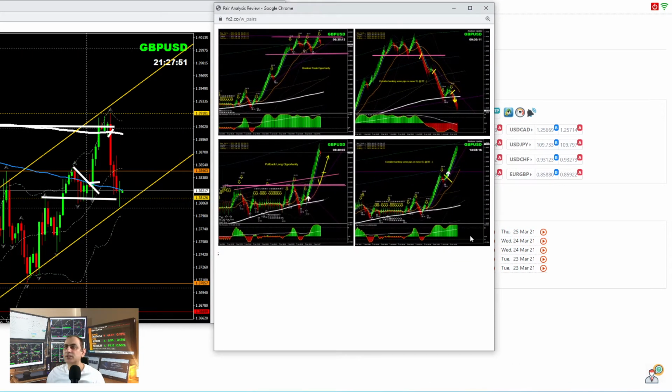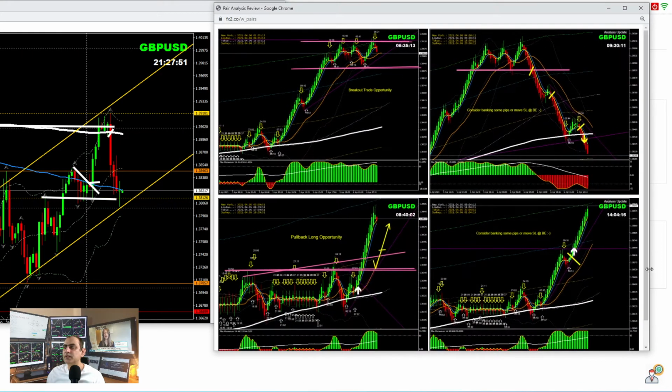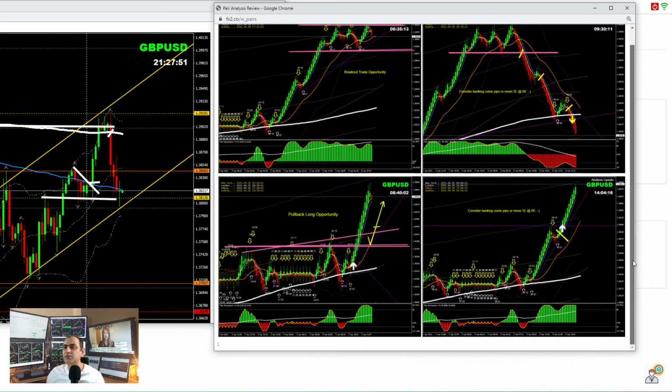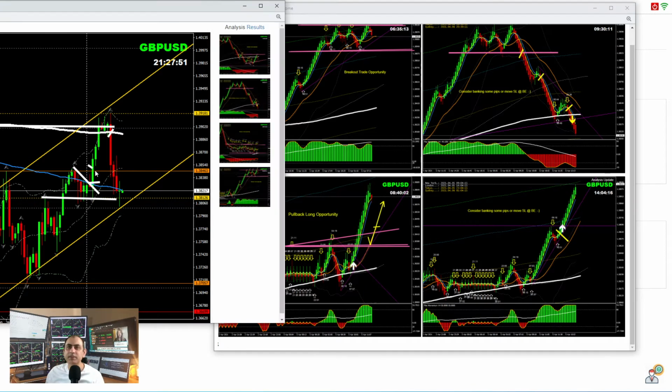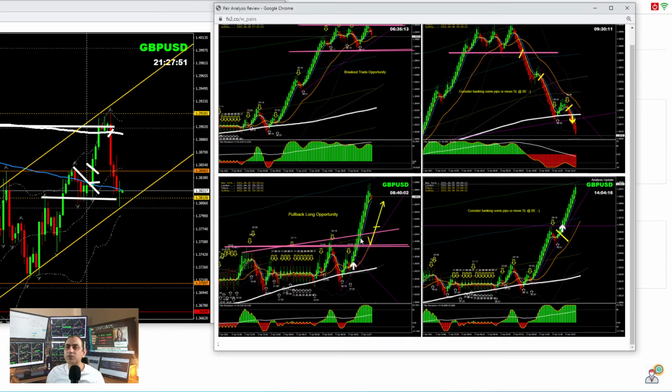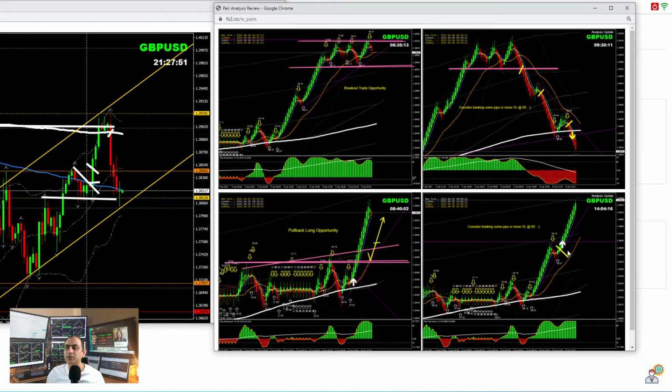Let's see if that coordinates with the 4-hour analysis. You can see here we had this breakout opportunity. Again, this is the consolidation, as you can see, we didn't have any movement, and as soon as the price broke this level, that's what we explained to traders: look for another pullback, any pullback. You can see here we had a beautiful pullback after the breakout. As explained in the intraday, the price nicely hit the green fib channel. We had a beautiful long trade